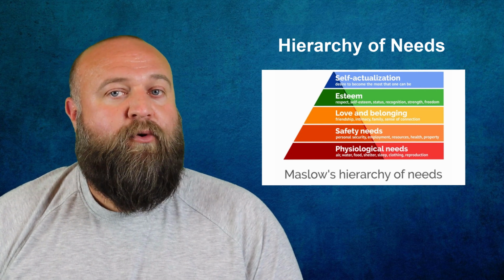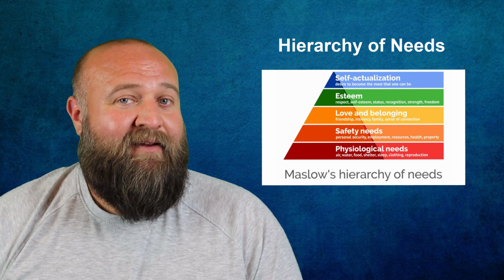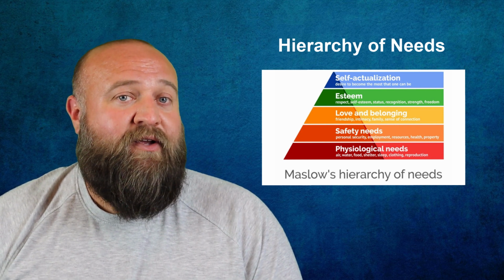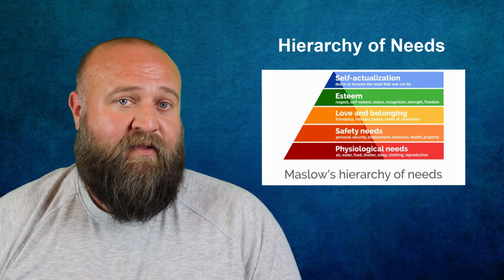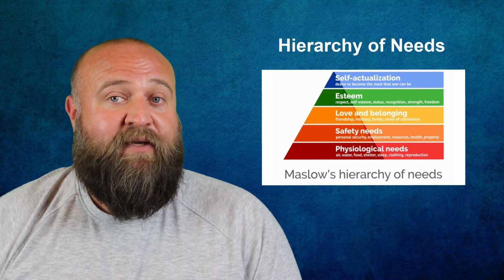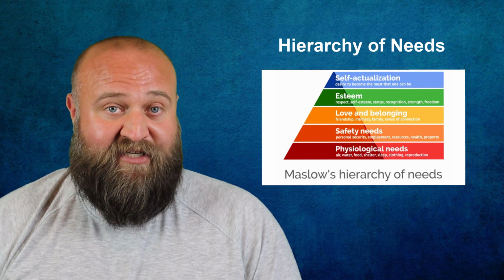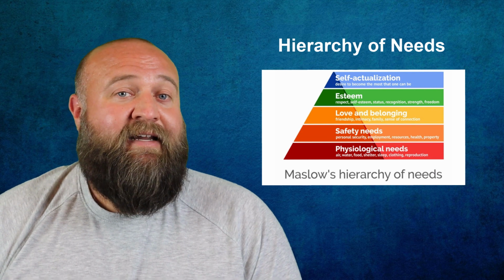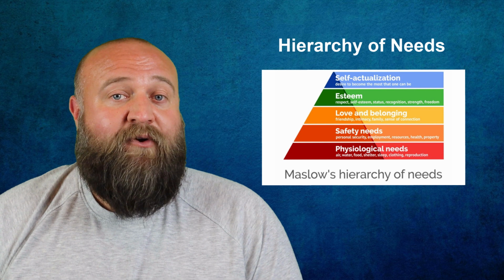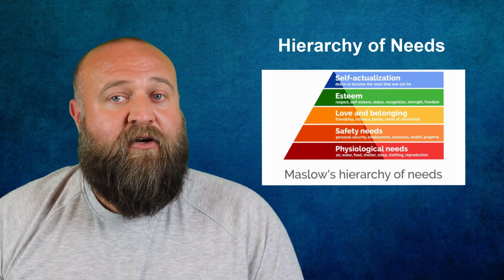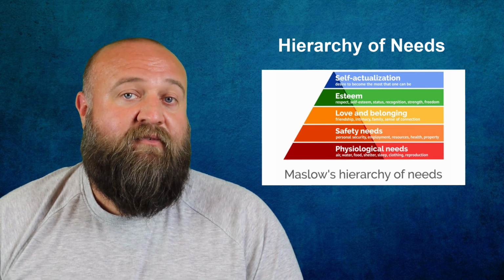Now, this is really an important part of Maslow's theory. If a lower level need isn't met, we aren't motivated or even able to really pursue interests that are higher than that level. So if I'm starting to learn Italian because everything else in my life is going well, then suddenly my house catches fire and burns down. Now I don't have shelter, which is a lower level need. My focus is now going to be mostly geared towards finding shelter, which is a basic physiological need, rather than learning Italian.